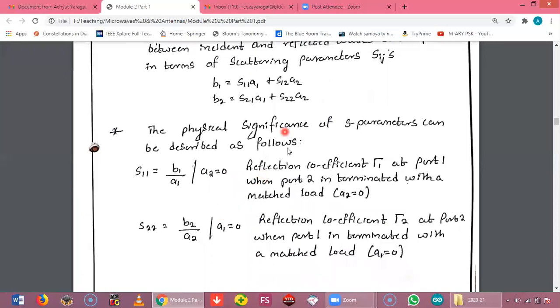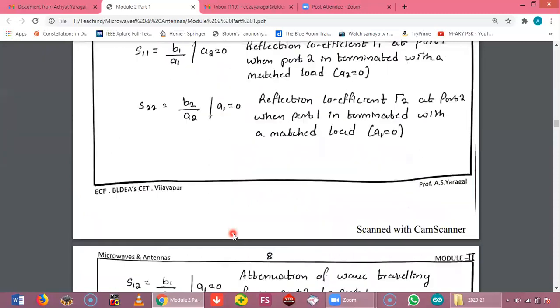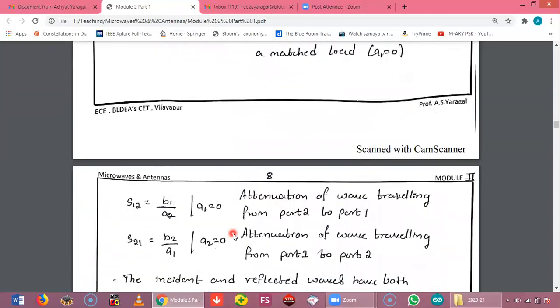you have to terminate port 1 with a matched load, that is A1 equal to 0. So it is reflection coefficient 2 here, which is V2 divided by A2 with A1 equal to 0. The same way, S12 and S21 are nothing but